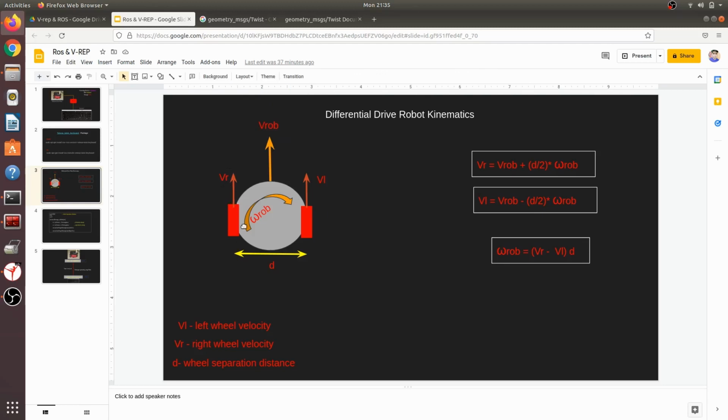This is the right wheel velocity and this is the left wheel velocity, and this is the entire robot velocity. So these are wheel velocities and this is the entire velocity of the robot. And this is the angular velocity of the robot. When you turn you need angular velocity, and when you move straight you need linear velocity.